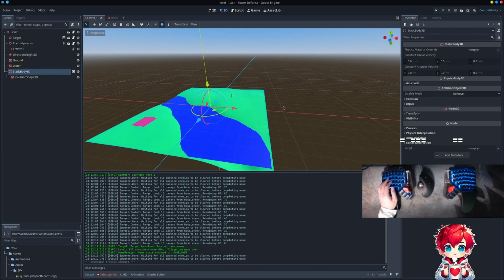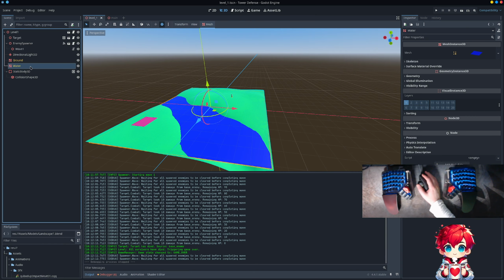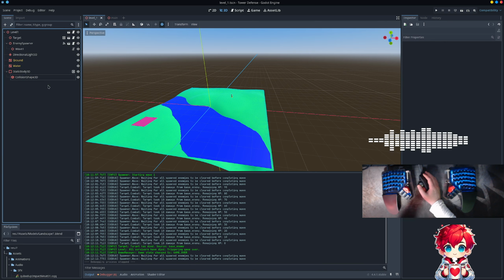Can we make the water not pathable? I don't know. Obviously, like, I think probably not, but we can do the thing that I said, which was to